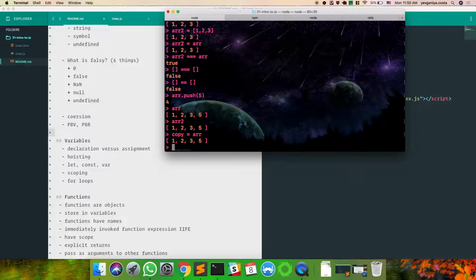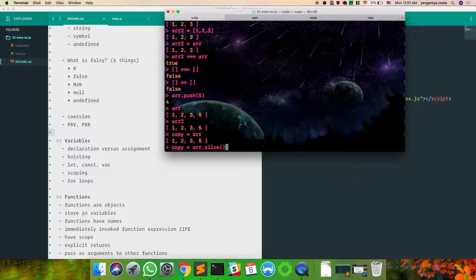All right. The one that the labs touched on for sure is slice. So if I do copy equals r.slice, basically the way you use slice is you're able to take a slice of an array. Slice can take different arguments, like you can pass it from what index to what index do I want to take a slice, and it doesn't mutate your original array.